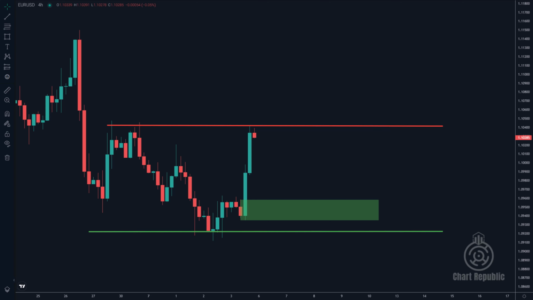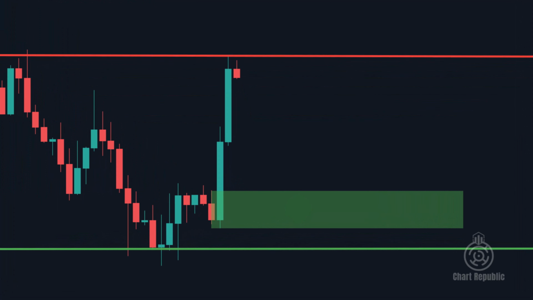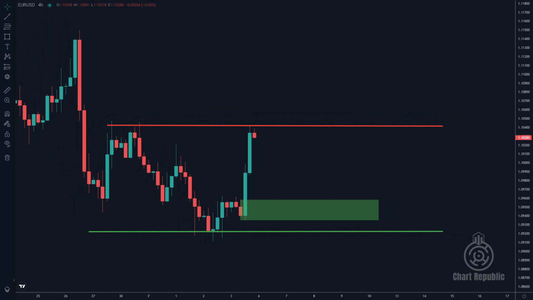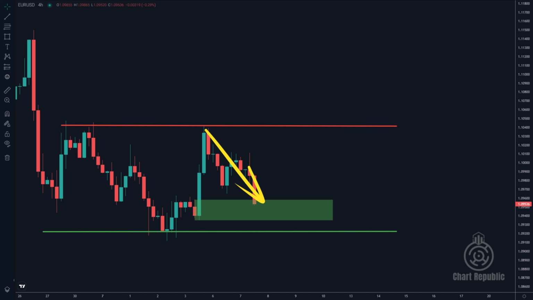You should then search for a well-defined demand zone, characterized by a relatively small candle with ideally short wicks, followed by 1 to 3 sizable bullish candles. When these explosive moves to the upside gradually lose their momentum and the price retraces to the demand zone, you can place a buy limit order around the middle of that region.